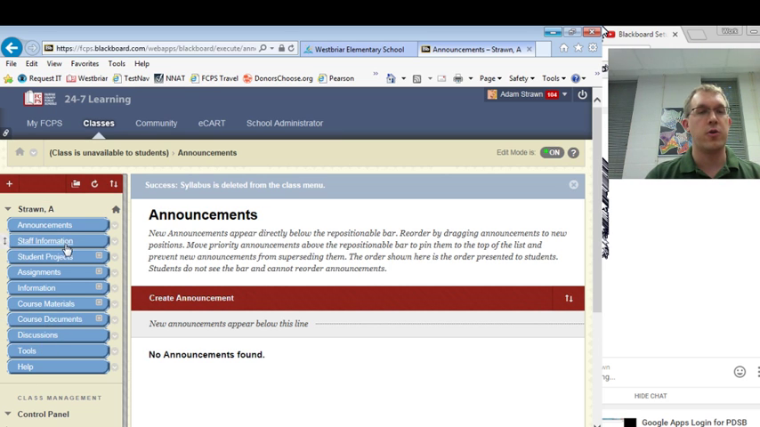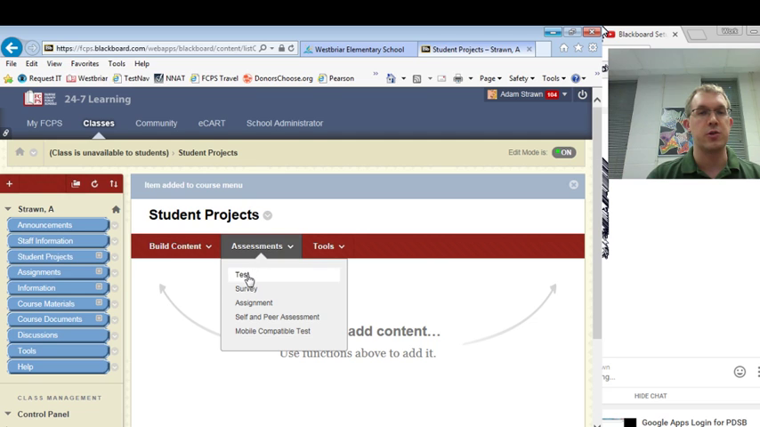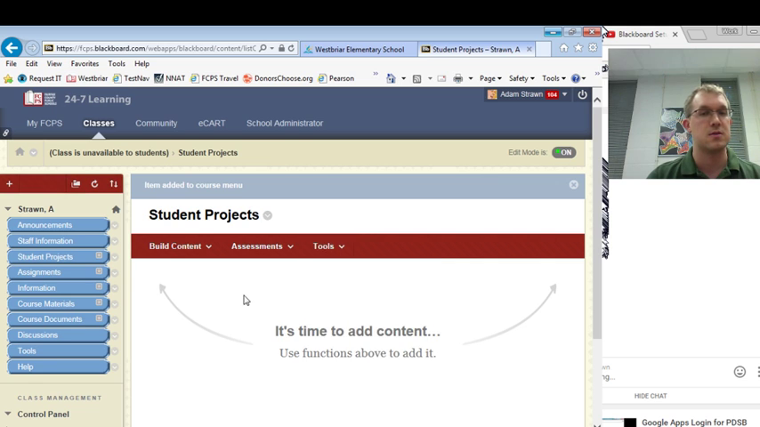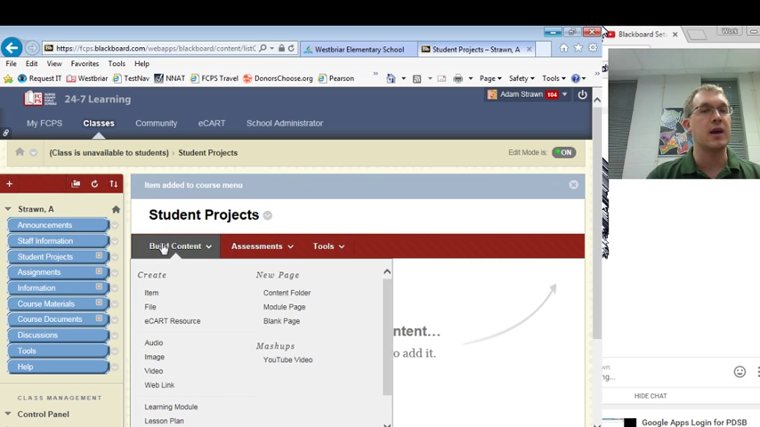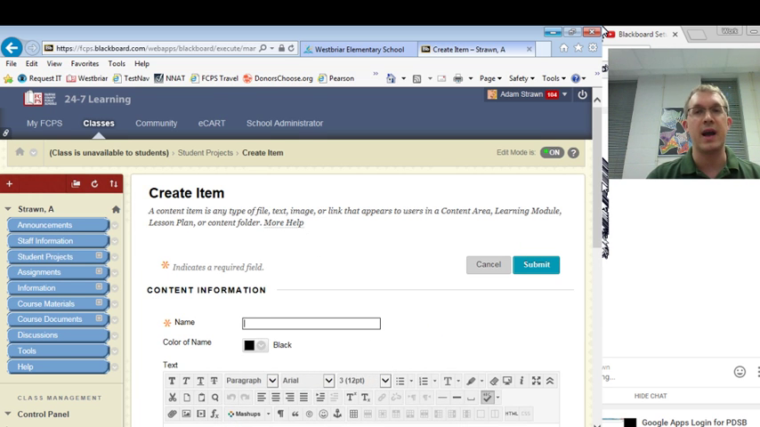Now, as for putting information in the section, if I come into student projects here, you'll notice that you have an option to build content, put up assessments, which include tests, surveys, and self and peer assessment, and you can also include tools such as discussion board, blog, or wikis. Most of the time you'll be adding content as either an item or a file. Personally, I like to create items,